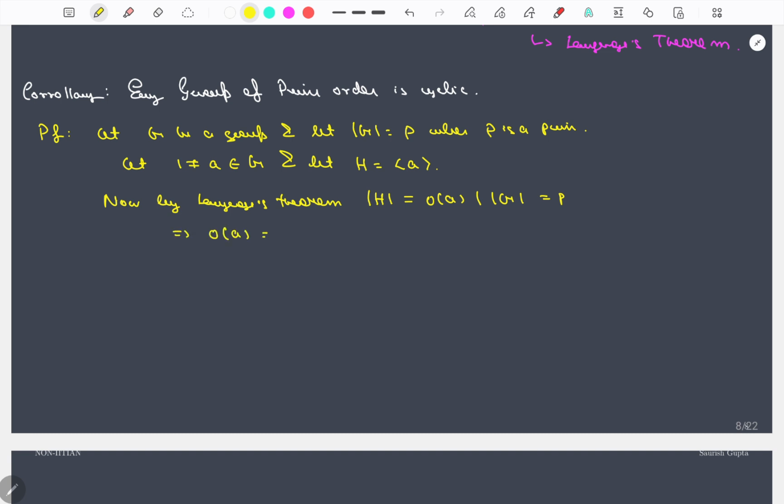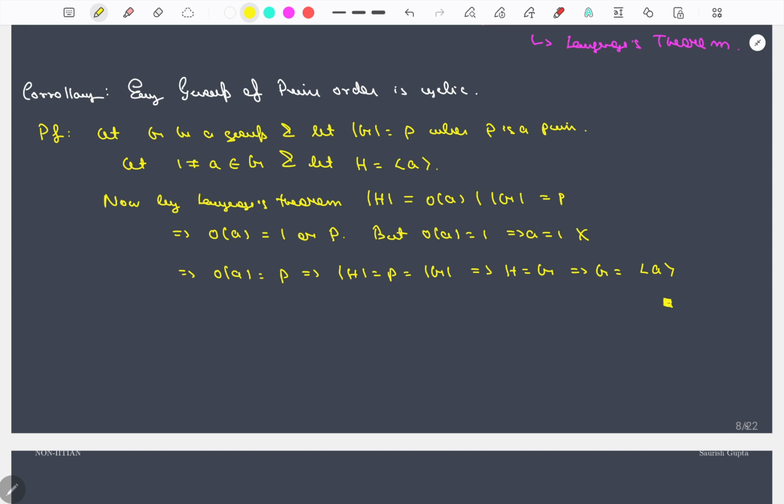So this implies that the order of a is either 1 or p, but order of a equal to 1 would imply a is equal to the identity, which is not the case. This is not possible, which implies that the order of a must be equal to p, but that implies the order of H must be equal to p, which is exactly equal to the order of G, which would imply H is exactly equal to G, and which would imply that G is nothing but the cyclic group generated by a,